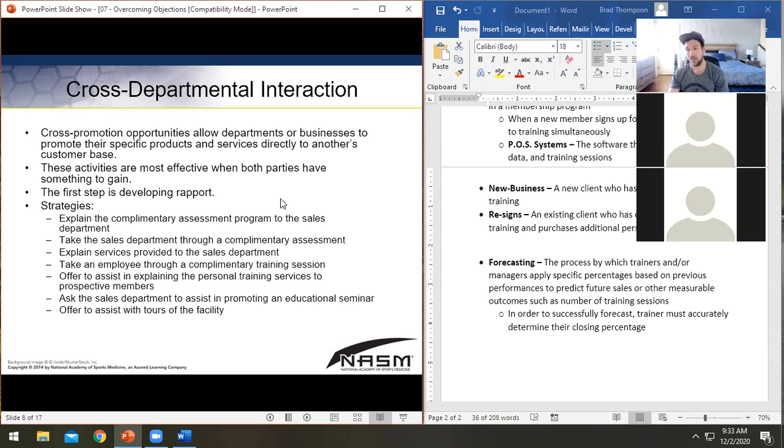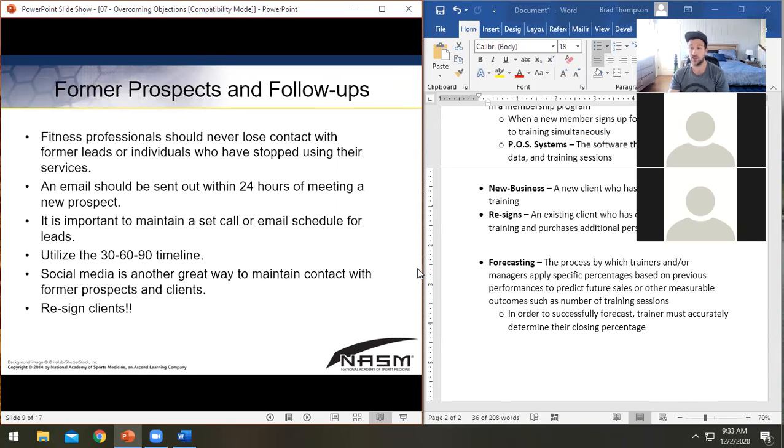But that cross-departmental stuff, getting to know your coworkers, is a super helpful tool for your forecasting. They're going to bring people to you. You're going to drop a piece of info, Robert, like, yeah, I used to have really tight calves, but thanks to corrective exercise, I was able to fix that. And you're having a conversation with someone, I'm going to say at the water cooler.